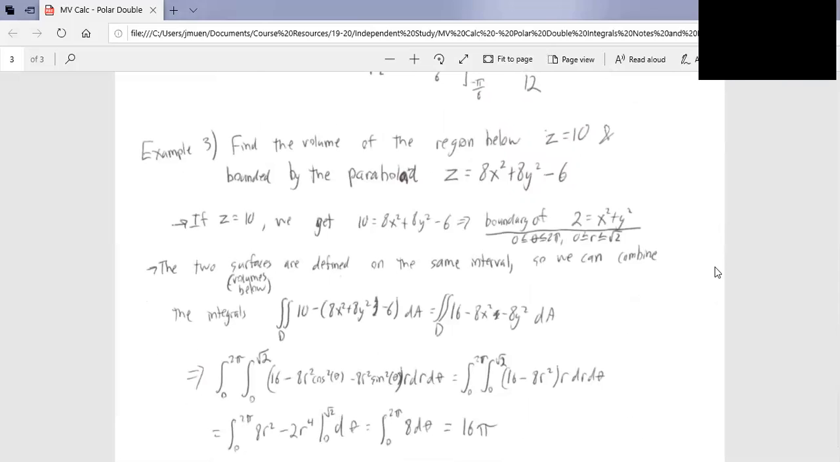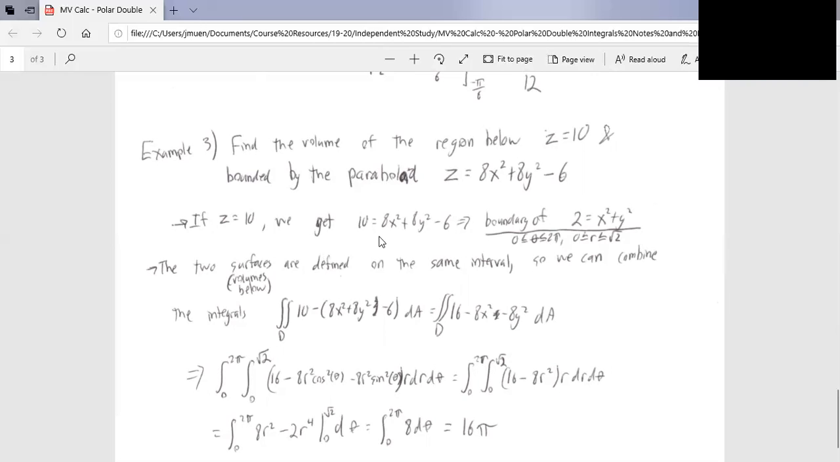So the last thing we're going to look at in here at least, is the volume of the region below the plane z equals 10 and bounded below by the paraboloid z equals 8x squared plus 8y squared minus 6. So first off, we're going to try and figure out the boundary where these things meet. So if z equals 10, we're going to get